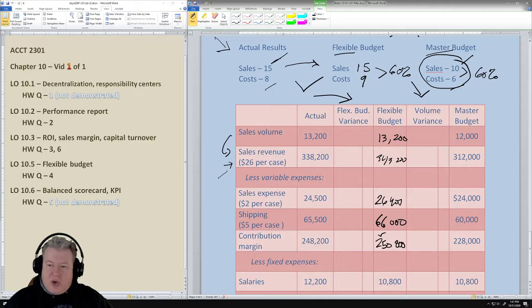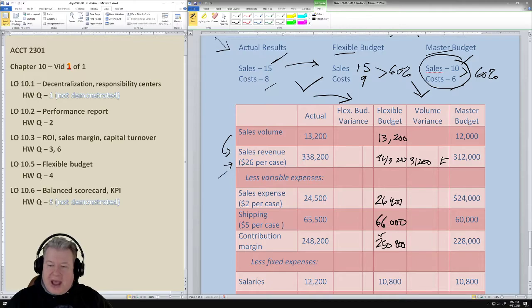Okay, so when we look at the volume variance here, we see that this is different by 31,200. And like I say, this one is not as good or not. Well, in general, what we're going to find is that, just like we said, if you're selling more than your budget, well, this is a favorable. And like I say, it doesn't make sense because we've just scaled up. But let's just go through and input what they're asking for.